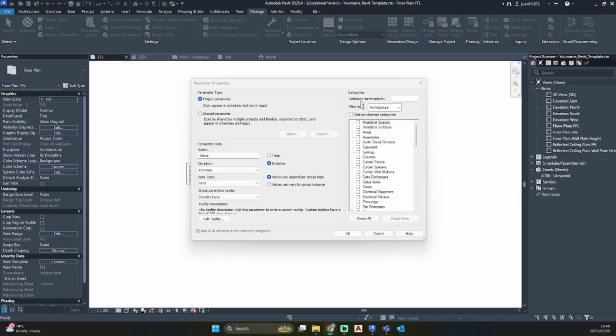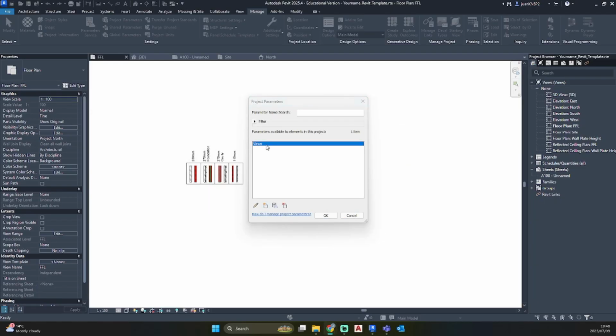So go to your category section to choose which this parameter should be tied to. If you scroll all the way down, you'll see there is Views. Just select Views. So name your parameter Views, change the data type to text, group parameter under Identity Data, and your category should be selected on Views.